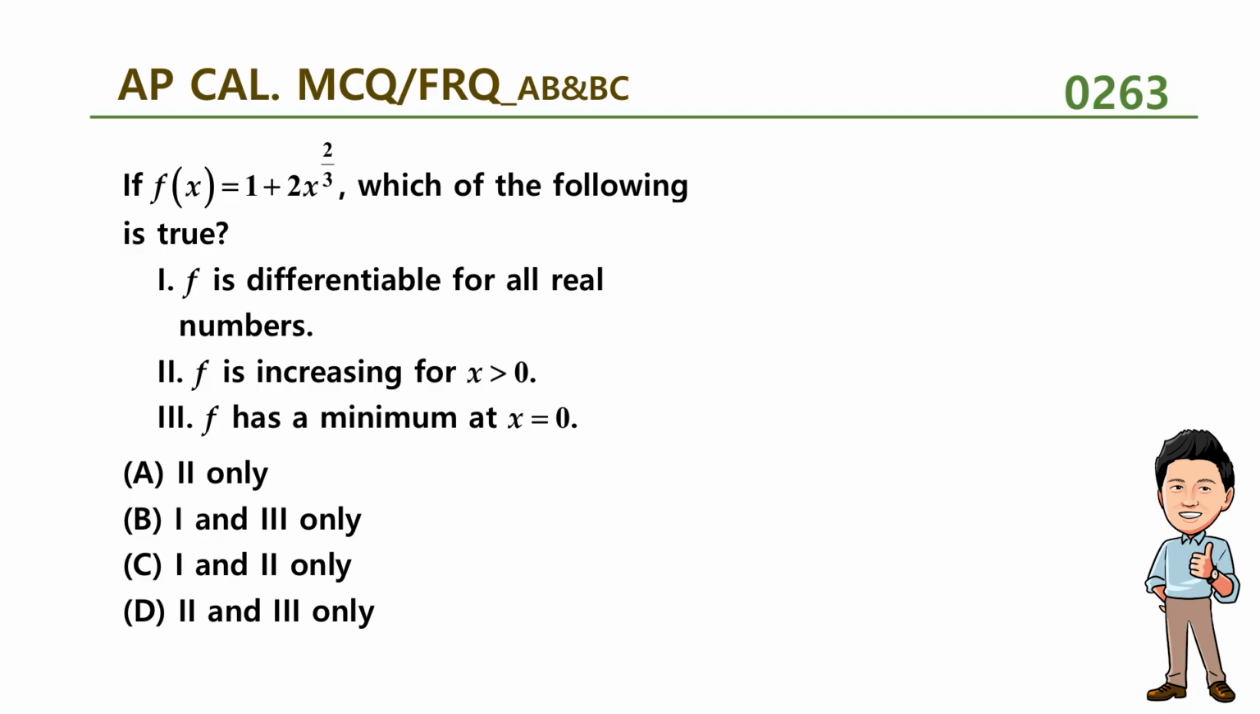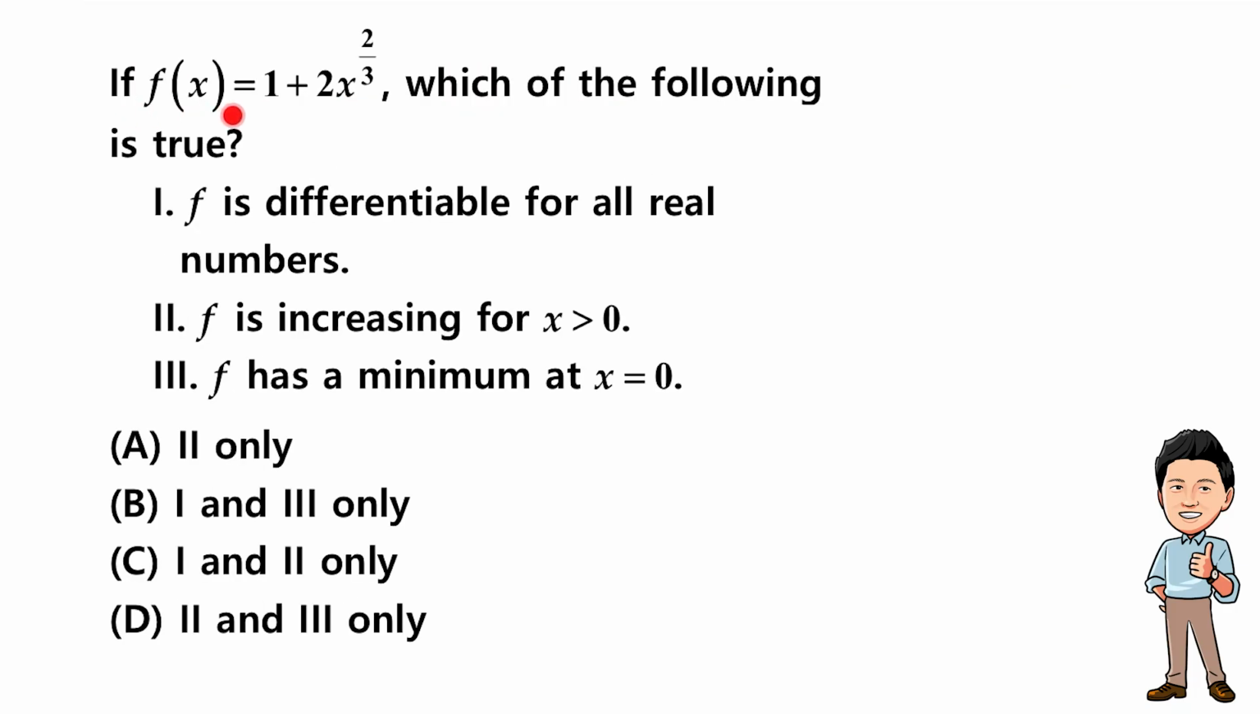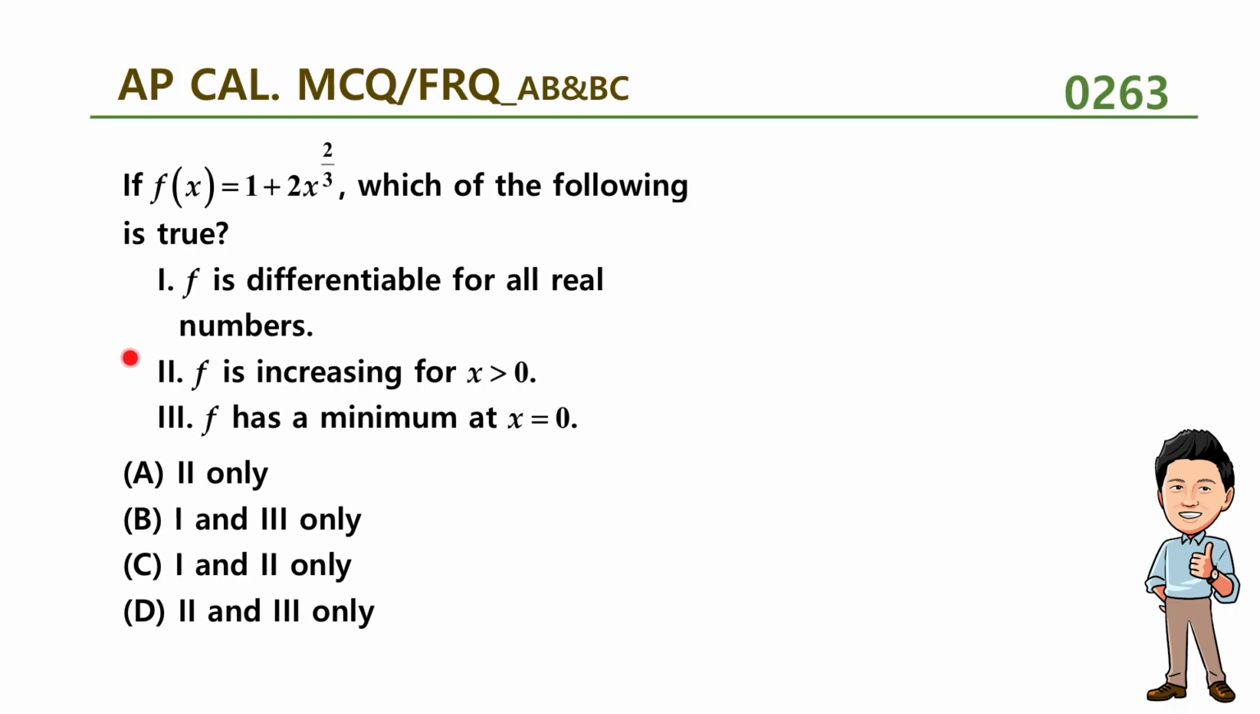Question 263. If f of x is equal to 1 plus 2x to the power of 2 over 3, then which of the following is true? We have 3 parts to think about. First, f is differentiable for all real numbers. Second, f is increasing for x greater than 0. Third, f has a minimum at x equals 0. So basically, we have to find the derivative